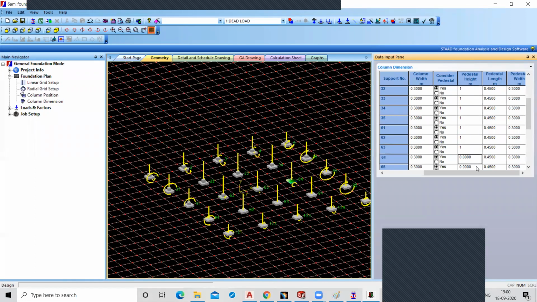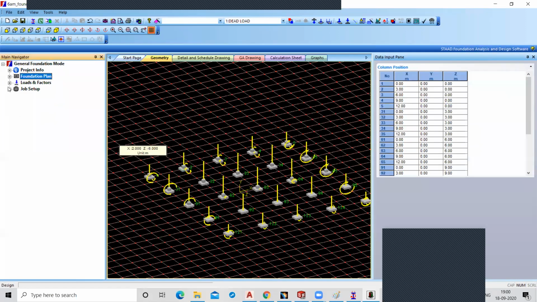One meter. This is your pedestal height. Can you change the pedestal length or width also, or take it similar to your column? Similar, sir. Okay, so now the pedestal is considered.